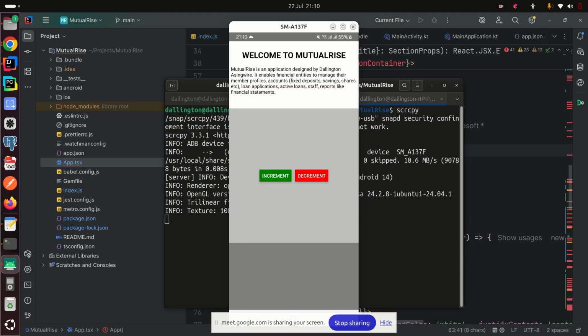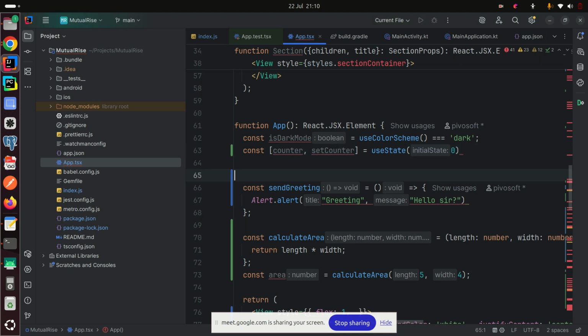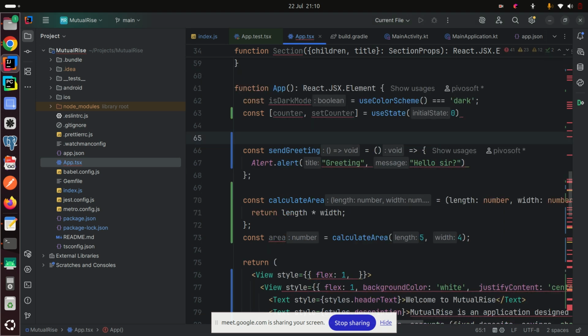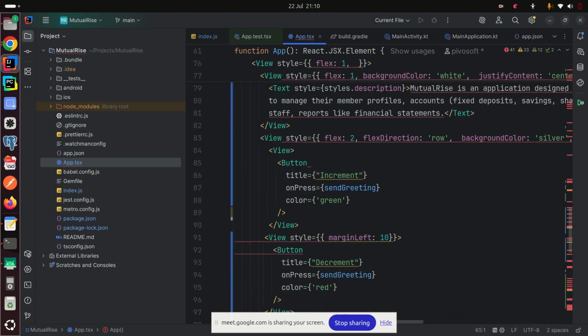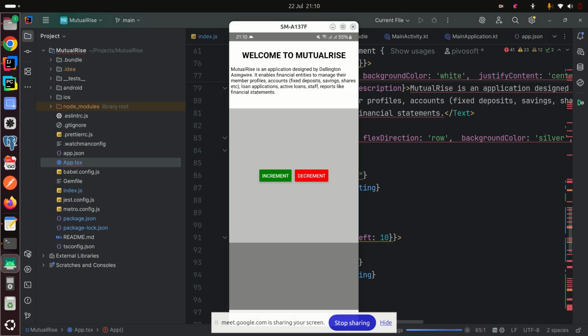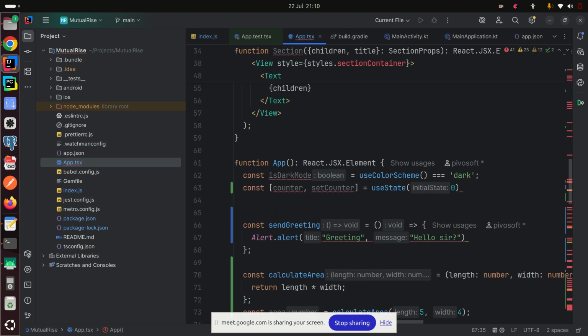So this is our phone, you see. We have increment, then decrement here. Margin left puts it like this. Margin left 10 was to make sure that we have this space between these two buttons. Now, what I was saying is that useState helps you to keep state of